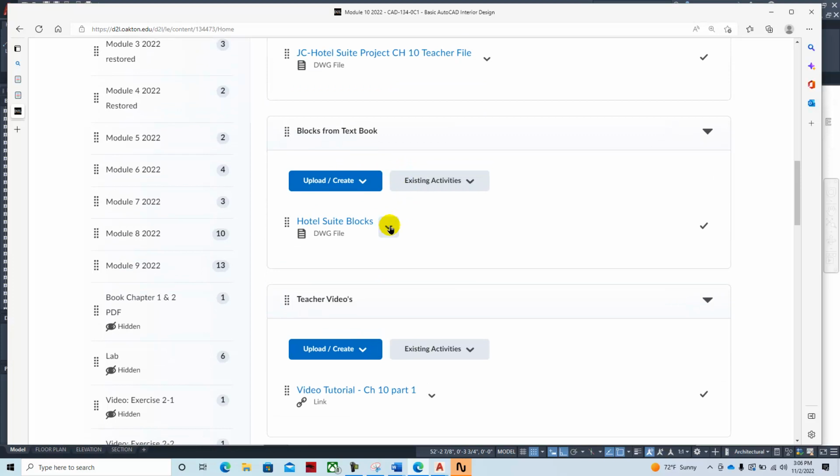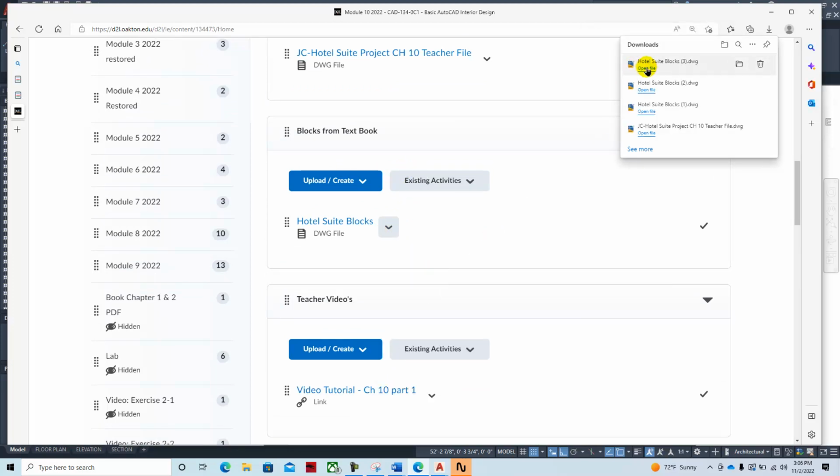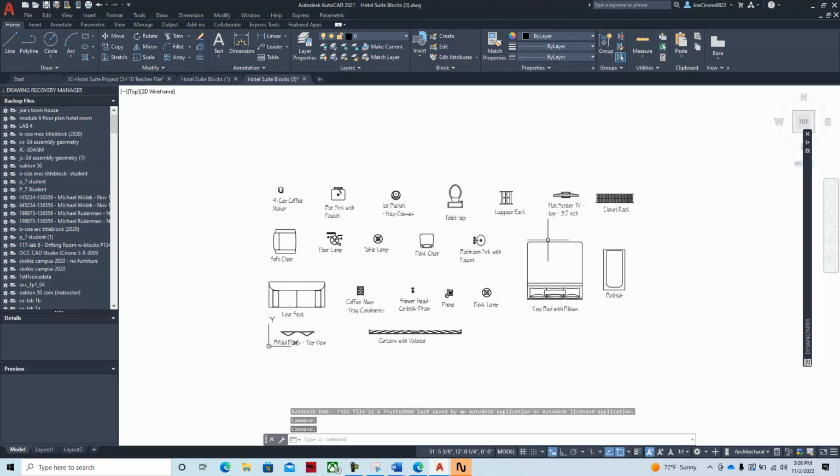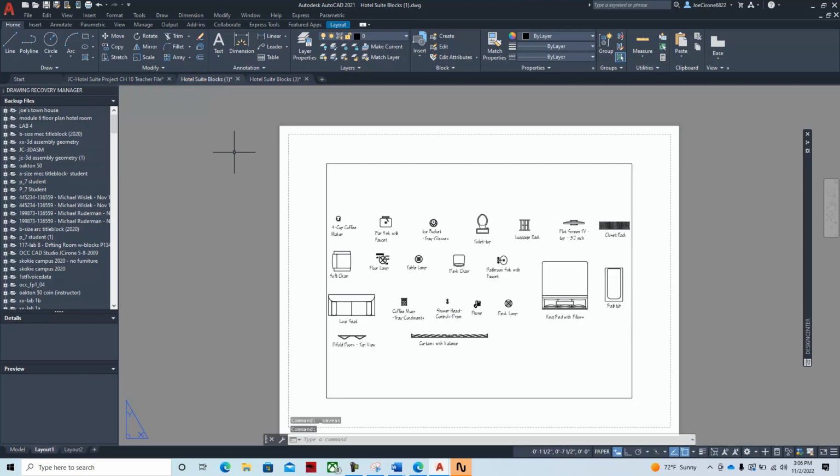What you can do is download them, and then open that file. And as I take a look at it, it looks like everything's here. Here's the closet rack and the curtains. But when I use the Design Center,